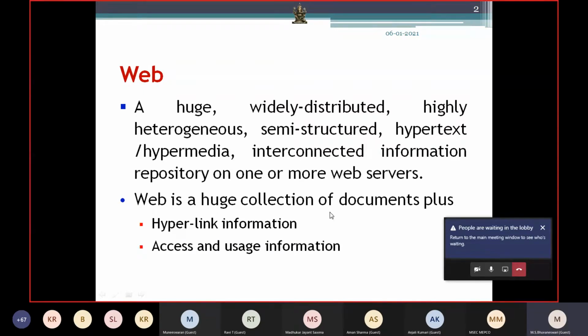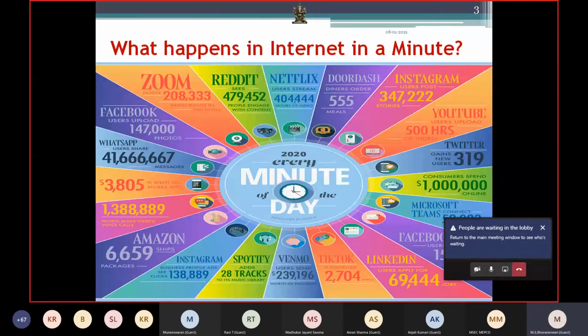Next we can see an interesting survey of how the internet was used in a minute by 2020. In Instagram, nearly 3,47,000 users post stories every minute. On YouTube, nearly 500 hours of video are uploaded every minute.